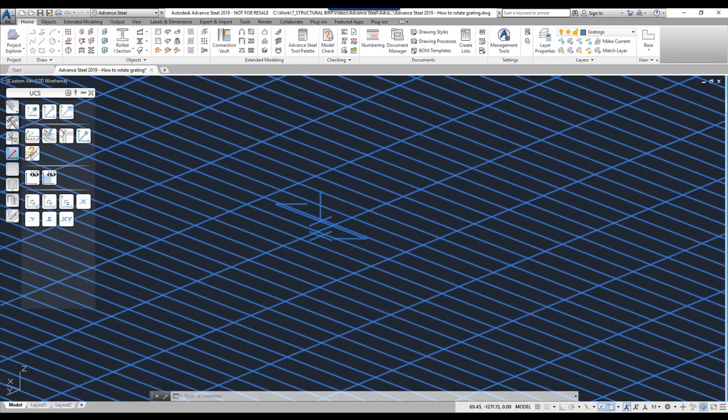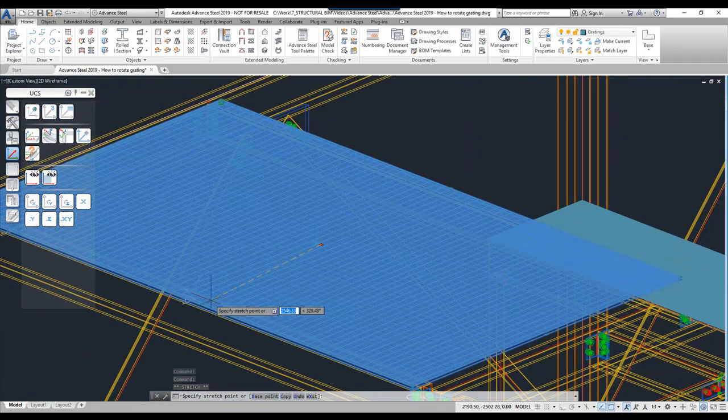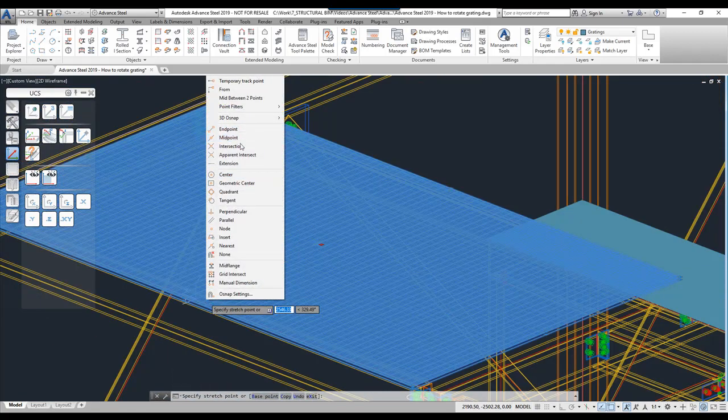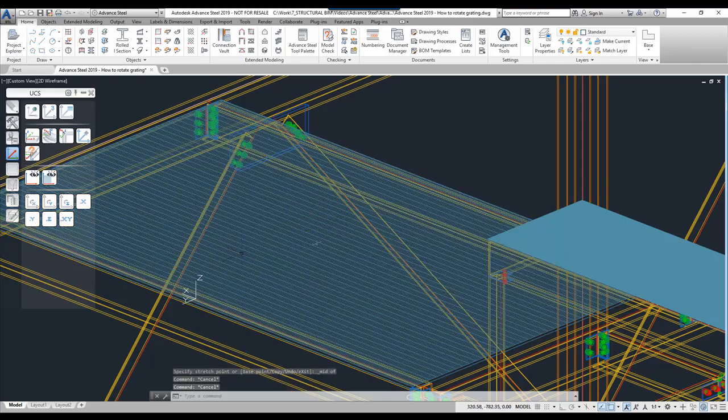you will see that when I click the little symbol, I get a little grip point here and a grip point here. And you can see there's a little span symbol in the middle. And if I drag that little span end symbol, so I just highlight over and left click it, you'll see that I can now rotate that symbol. And if I rotate it to the midpoint of the grating here,